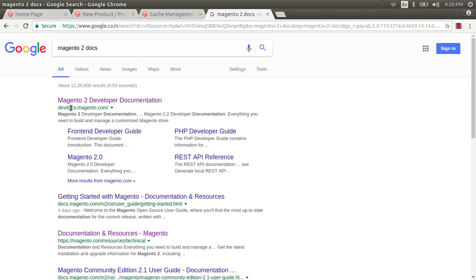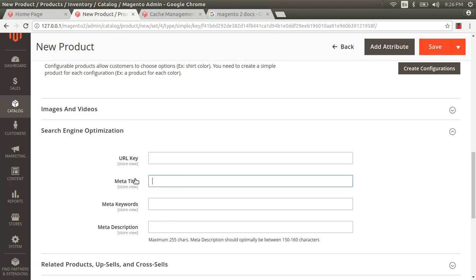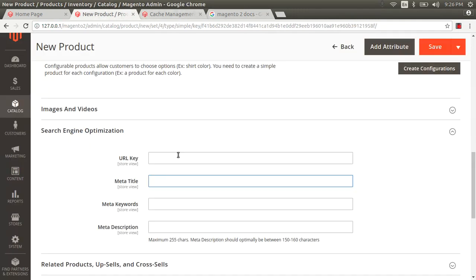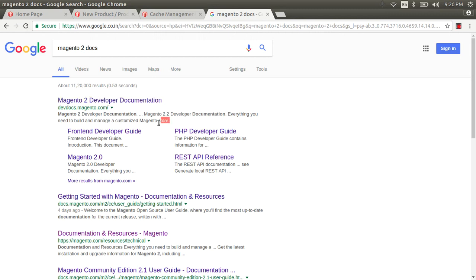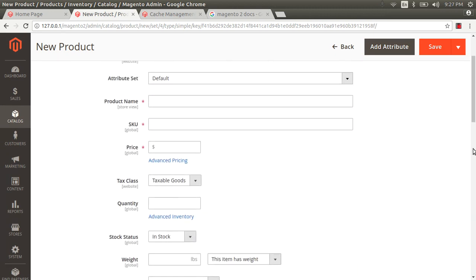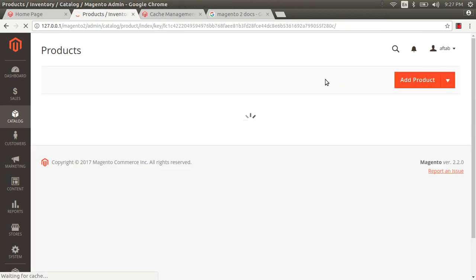So this one is the meta title, right? Copy the meta title and paste it. This is the meta title, and Magento docs. This is the keyword, guys, right? And this one is the description. Enter it here. So guys, save the product, and this is also to promote your website in Google and other